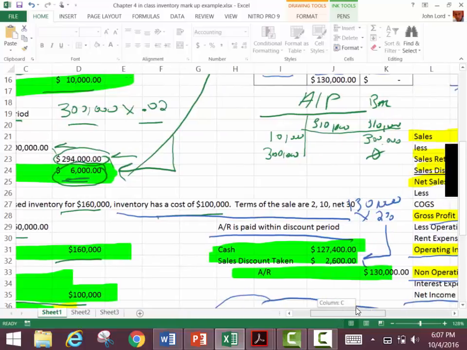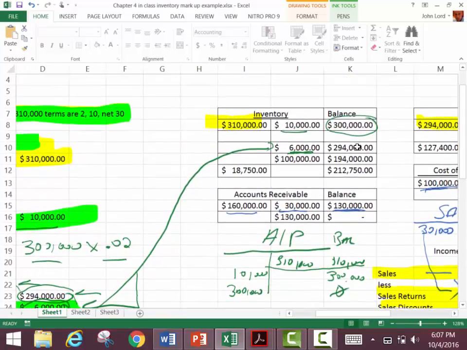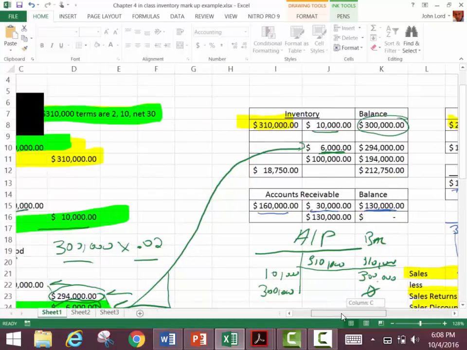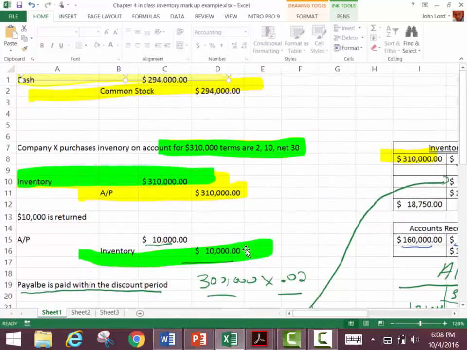And so when you take a look at the inventory account up here, sure enough, the inventory now has a balance of $294,000. How much did we pay for it? $294,000. Don't you love accounting? Isn't it just beautiful? Everything always works out for you, right? Okay, good. So we have that inventory now. We've gone ahead and paid for it.